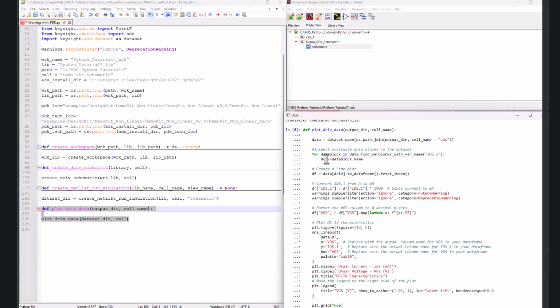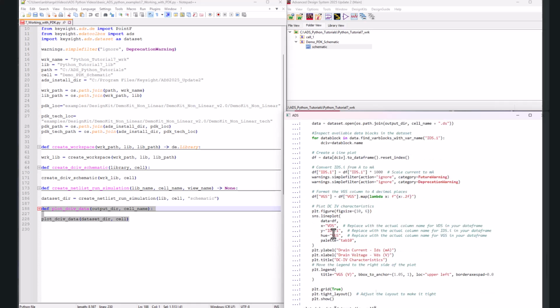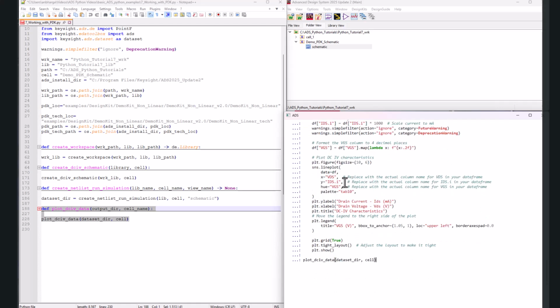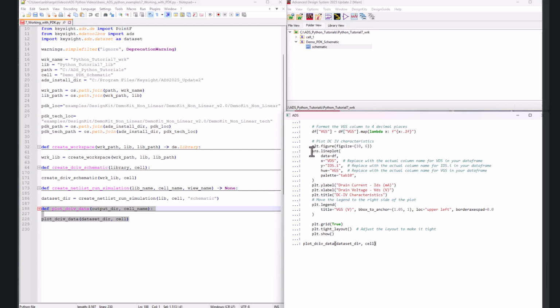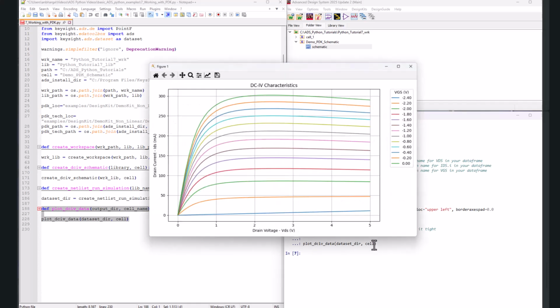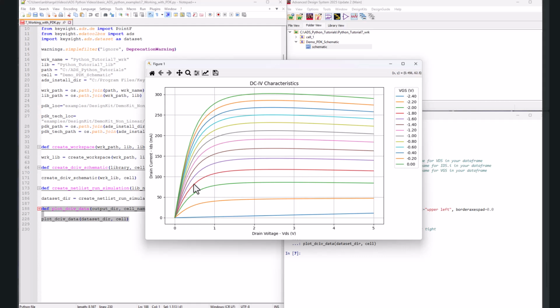And once I find the data block, I am simply going ahead doing a bit of data manipulation, like converting from amperes to milliamperes, and then using Seaborn, which I imported as SNS, to do a line plot to put VDS on x-axis, y-axis is IDS, and the hue, or the outer variable, is VGS, and then I put the proper labeling and so on. So let's go ahead and execute, and now you can see a beautiful looking transistor IV curve,